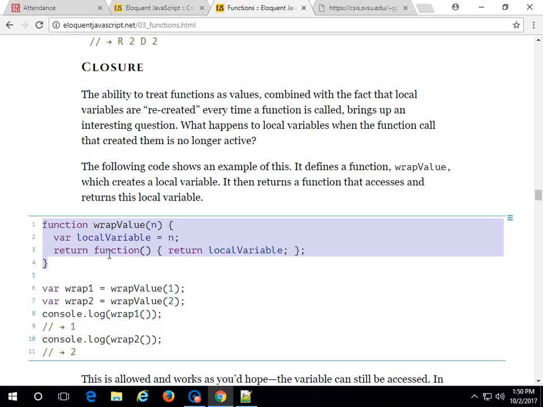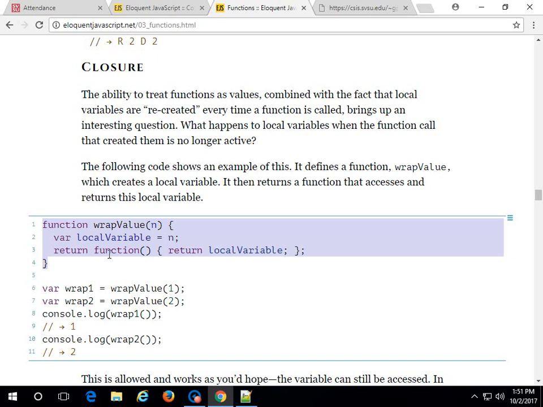So when I run the function and assign the output to a variable, what's in that variable? In other words, what is the output of wrapValue? 1, 2, function? What is it?